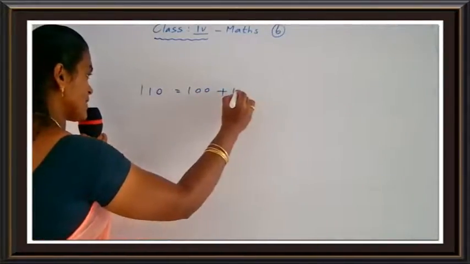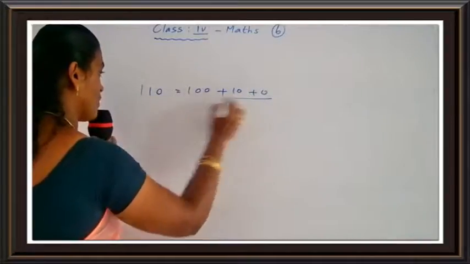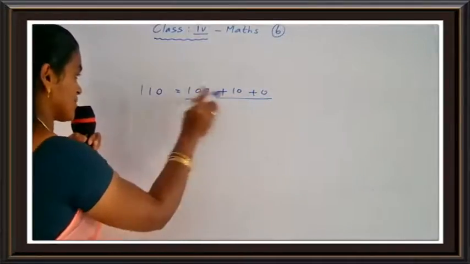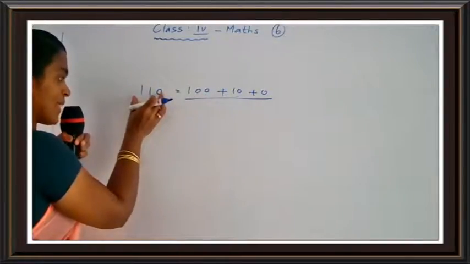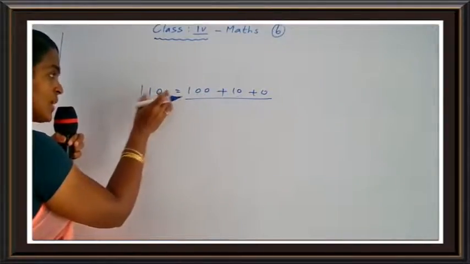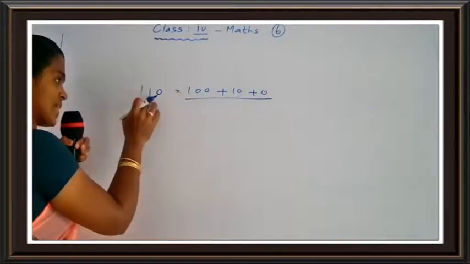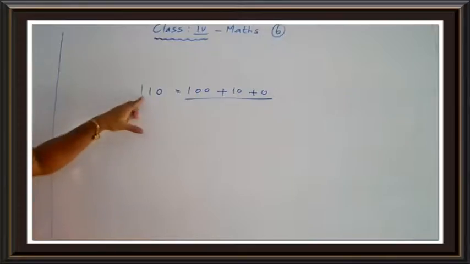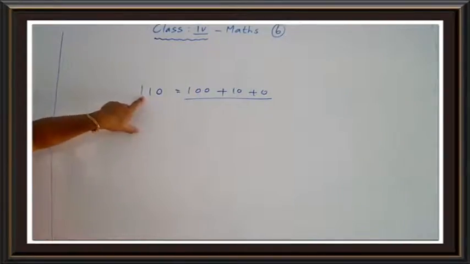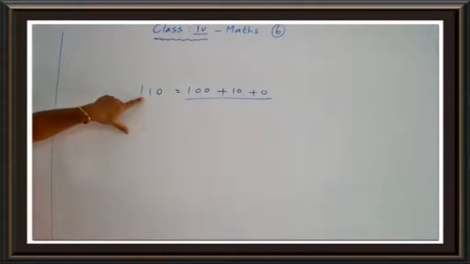So you add this, 100 plus 10 is 110. Same meaning. 100 plus 10, is the answer 110? So 100 is the place value of this one, okay. So 100 plus 1 tens plus 0 ones. So when you write a number as a sum of the place values of its digits,